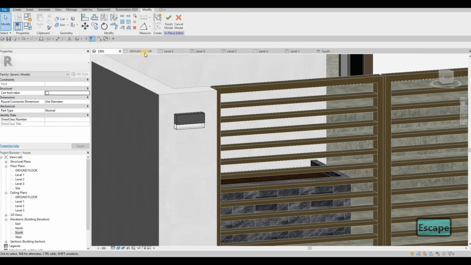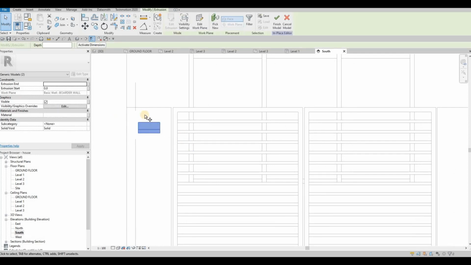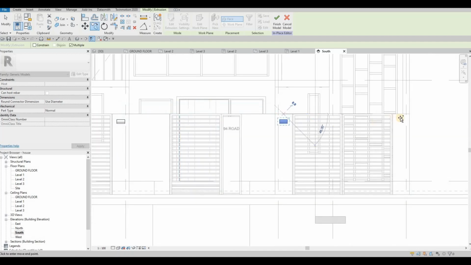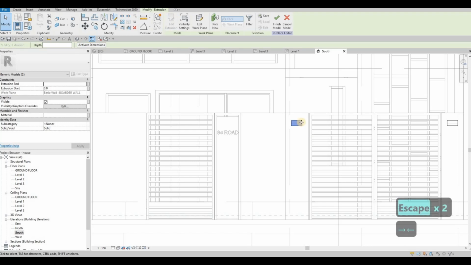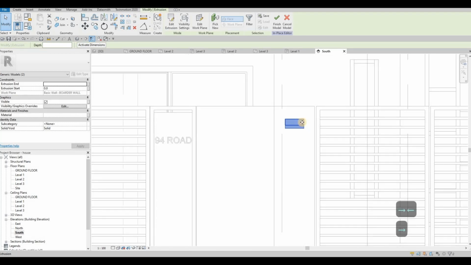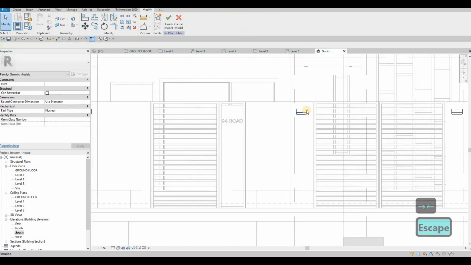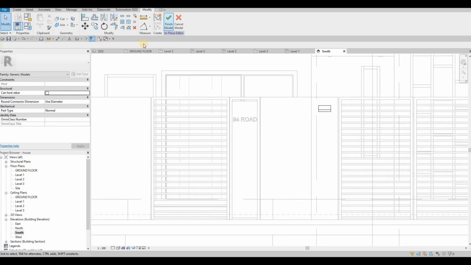And then here we're just going to go to south elevation and then just copy it from the center. So we have one right here as well, one here, and then one right here. So everything will be in the center. This one we could fix a little bit. And then why not add 2 more on this side, because if we,